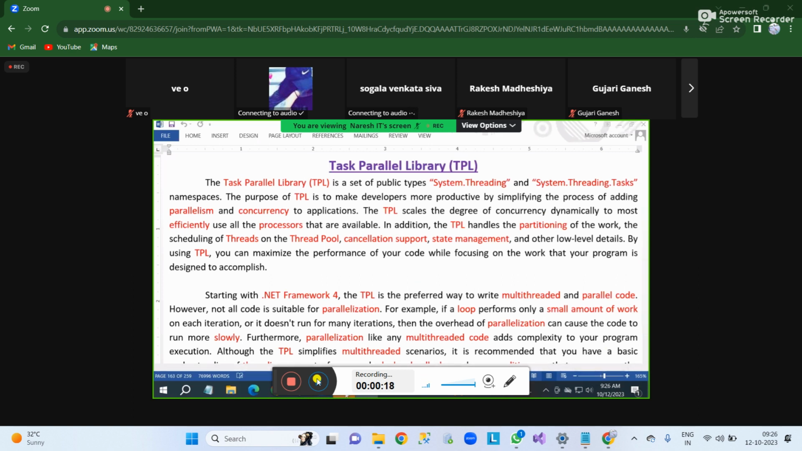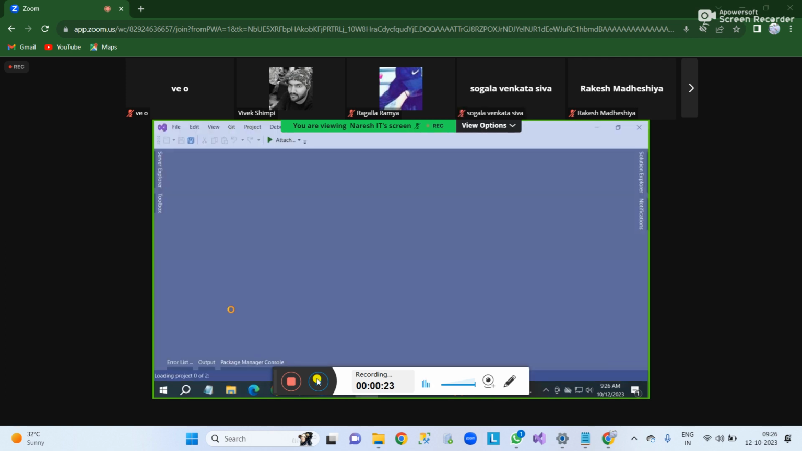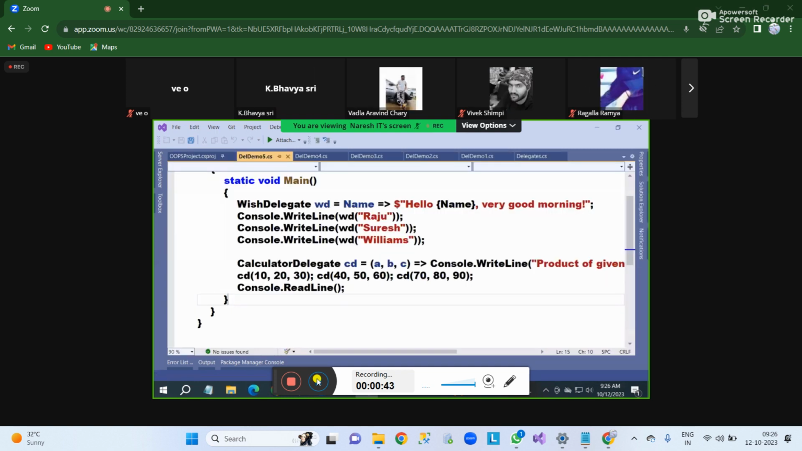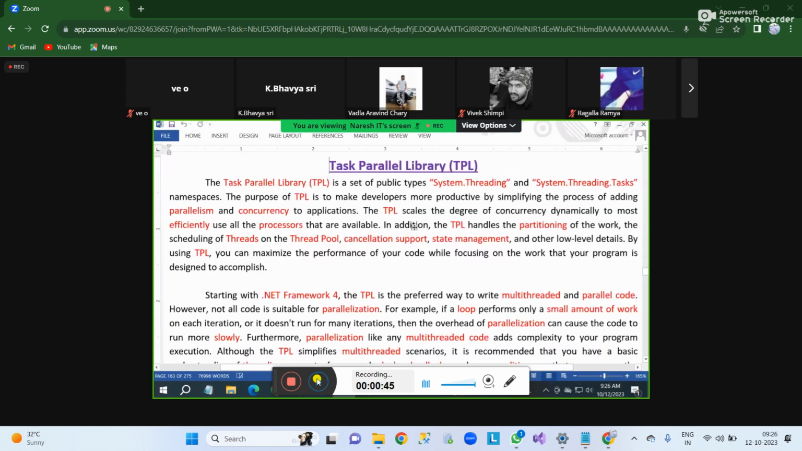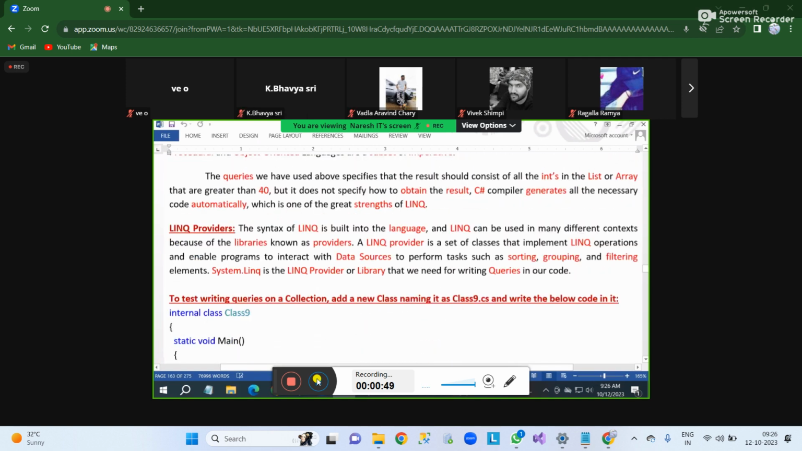Last day we were talking about delegates. I also told you some small things. Delegates are of two types: unicast and multicast. Then we talked about anonymous methods, then lambda expressions, and then expression bodied members. All these things, right? Well, guys, the next topic we have here is basically